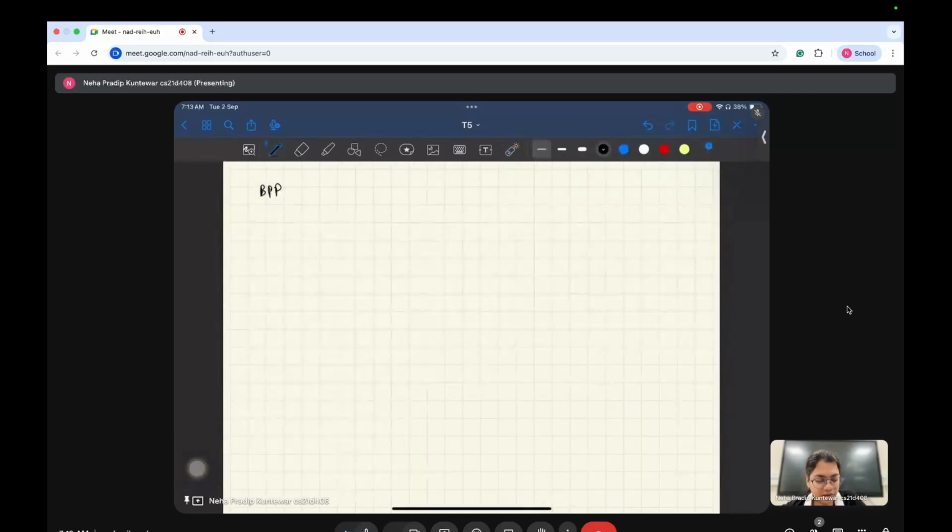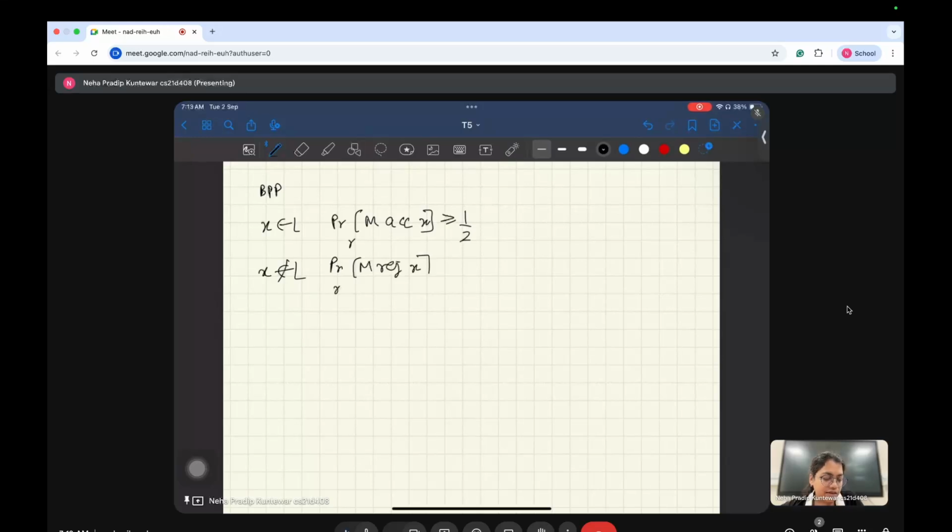But in case of BPP, let's say that we defined it with half. So if x is in the language, the probability that machine M accepts x is at least half, and if x is not in the language, then the probability that M rejects x is at least half. So let's say we defined it like this. Okay, then what's going to be the problem with this? Can I do the same thing? So let's try an amplification technique,